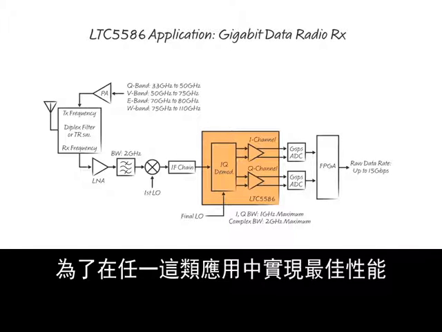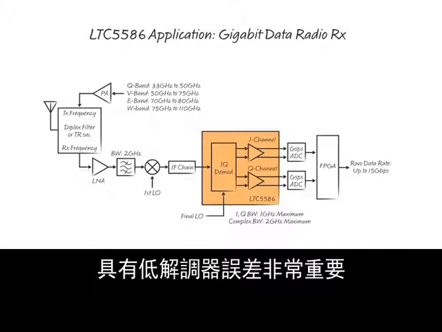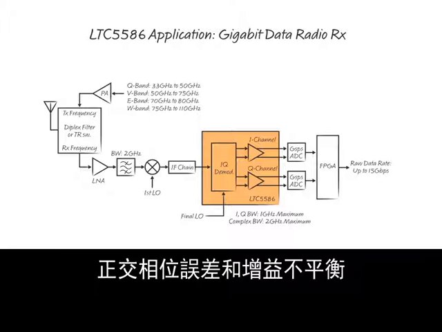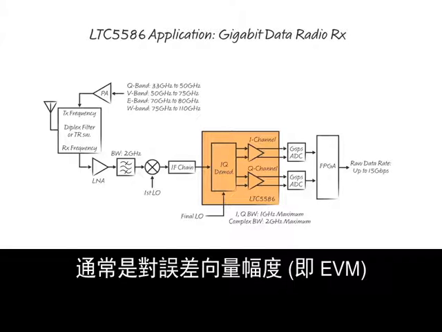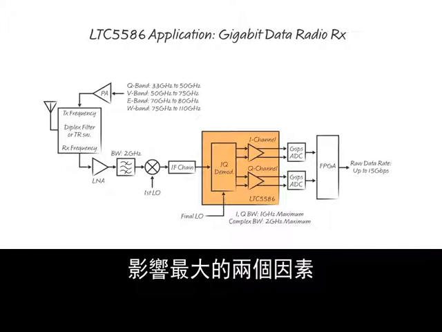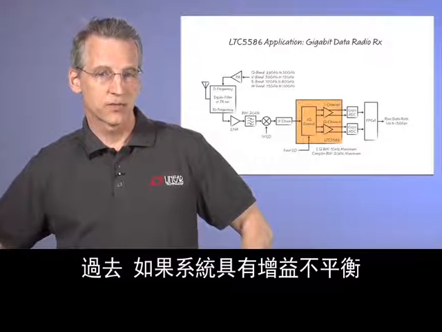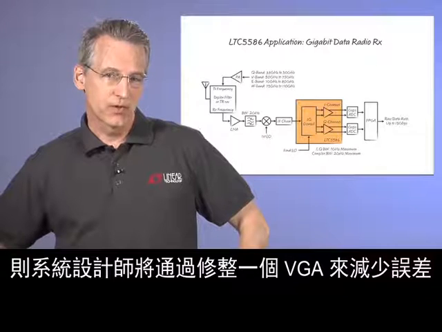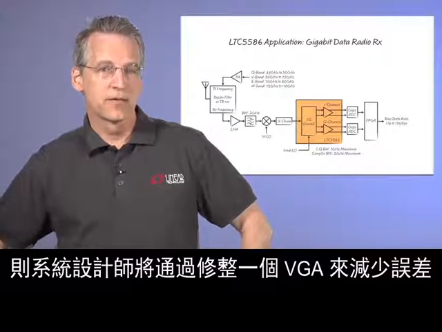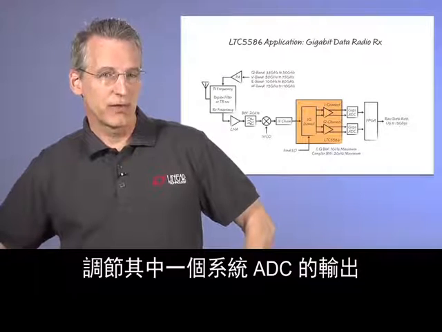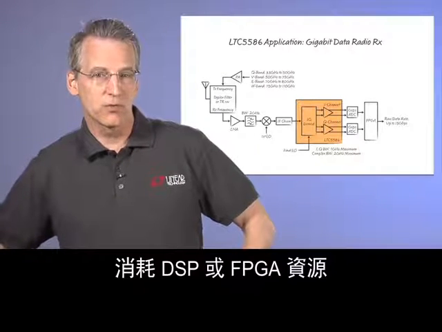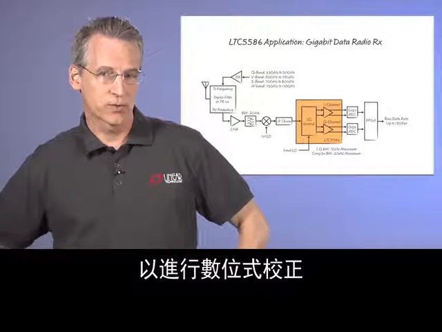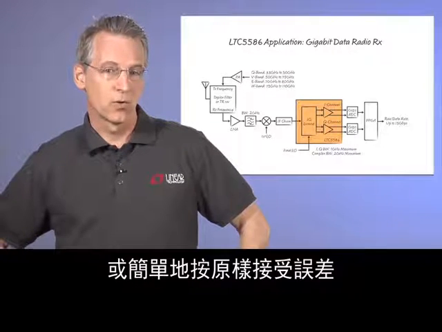For best performance in either of these applications, low demodulator error is very important. Quadrature phase error and gain imbalance are often the two largest contributors to error vector magnitude, or EVM. In the past, if your system had a gain imbalance, the system designer would reduce the error by trimming a VGA, scale one of the system ADC outputs, expend DSP resources or FPGA resources to correct digitally, or simply accept